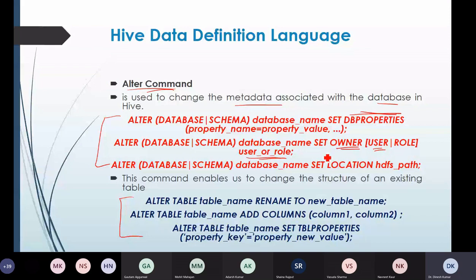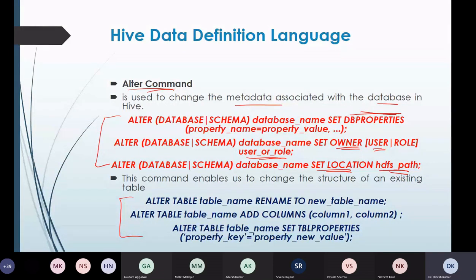Then with alter database, we can also change the location of this database, right? But the problem with this set location alteration sub command is it does not move the data which is already in the current directory, right? But the changes will be implemented after this on the new data that you will create.